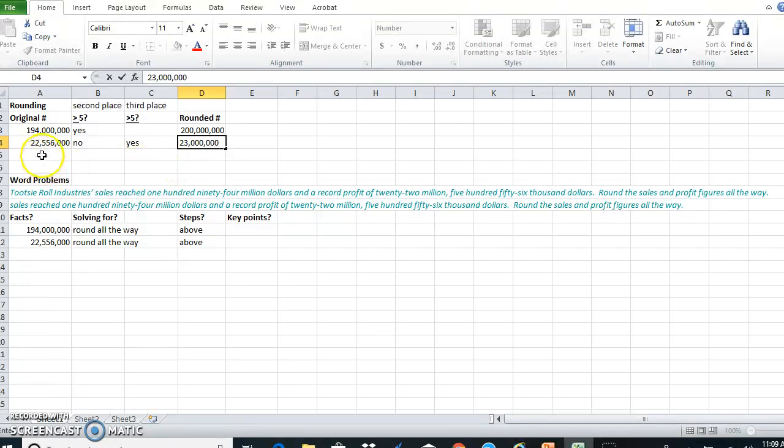But what the example is asking us to do is not to round all the way, but to round all the way to the left. So if we're rounding all the way to the left, we're really only rounding to the nearest